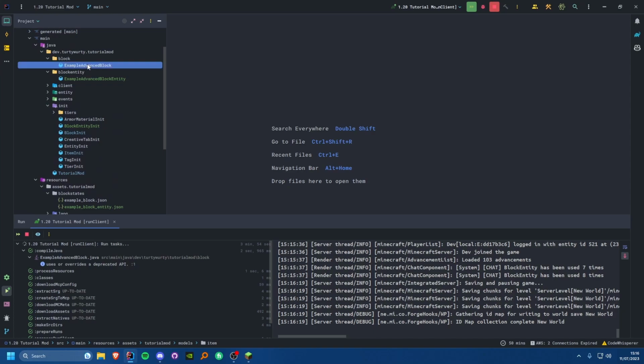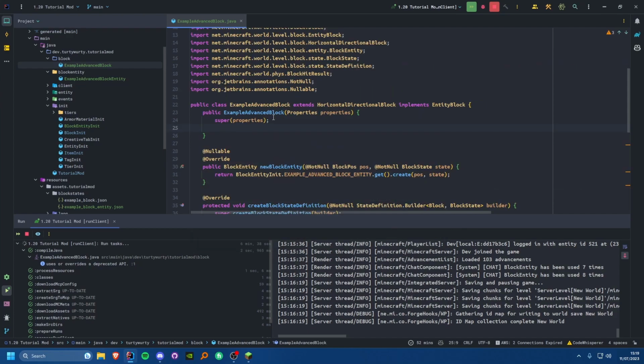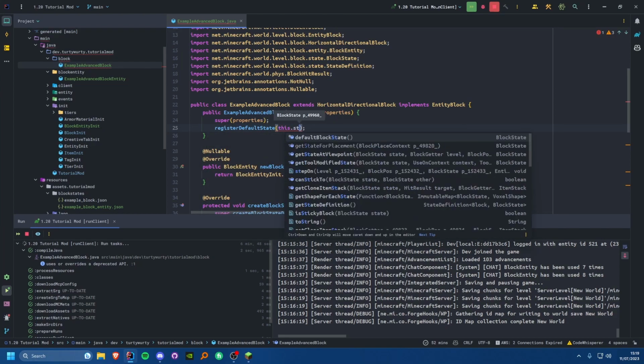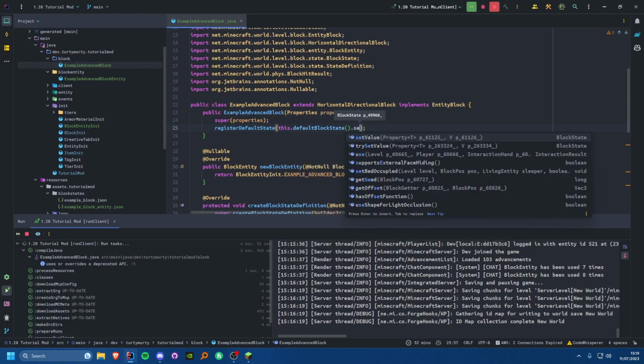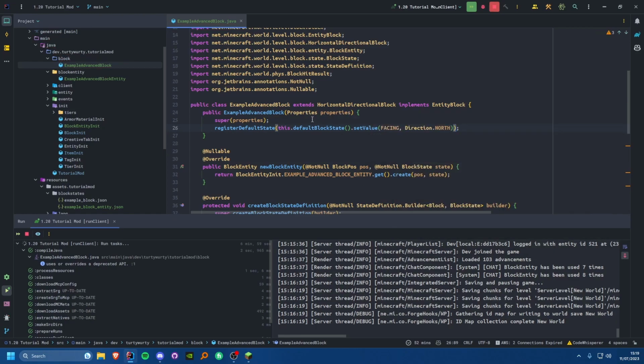So let's just come back in the block class real quick here, and we override the method getStateForPlacement. Now one thing you will want to make sure you do in the constructor is call the method registerDefaultState. For that, you just do this.registerDefaultState(this.defaultBlockState().setValue(FACING, Direction.NORTH)). It's generally recommended that you set your default state to have a specific value for each property, and you'd just chain that for all the rest of your properties. Say you had lit, for example, you would then do lit true as your default, or lit false would be your default state. That is just something that you should do.